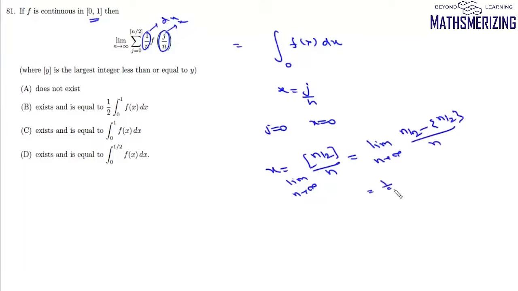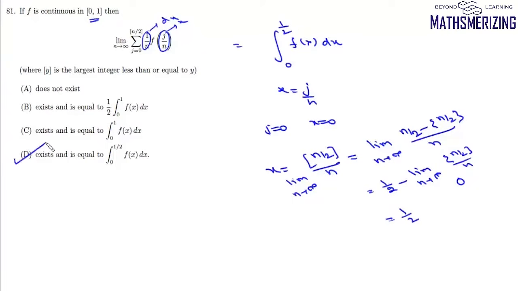So it will be 1 by 2 minus the limit n tends to infinity of the fractional part of n by 2 upon n. Now the fractional part always lies between 0 and 1. So anything finite upon infinite is 0. So the value of this limit is 0. So the upper limit of this function will be 1 by 2. So we can write this limit as the integral from 0 to 1 by 2 of f(x) dx, and that's your